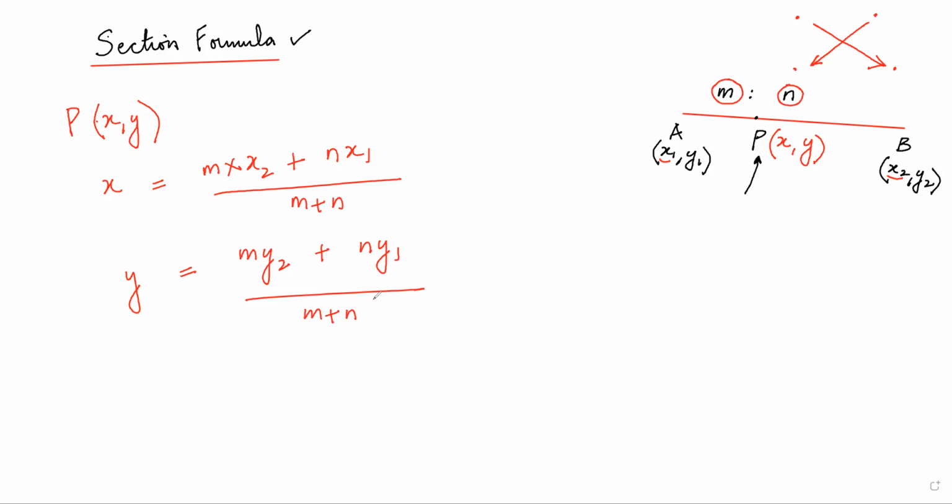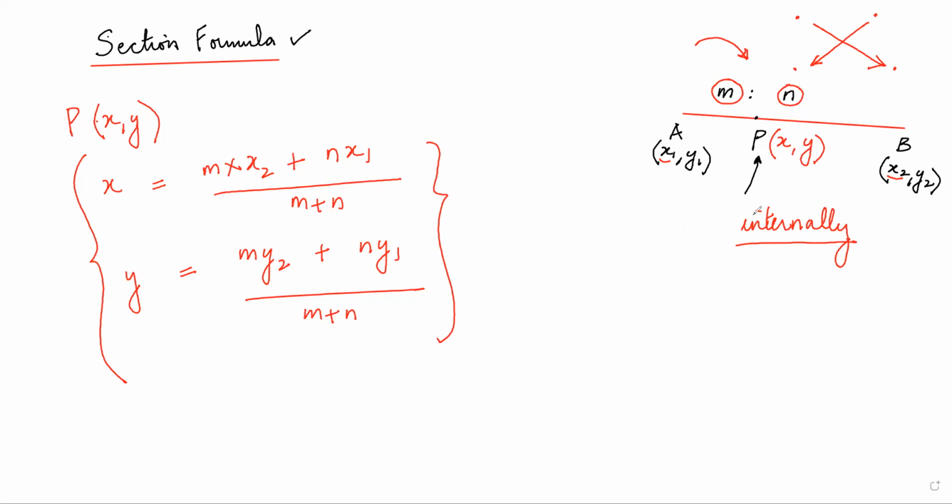See, students, this is all about section formula. The question may be asked to you, directly using section formula, find the coordinates of point P, or coordinates of point P are given. You may be asked to find out the ratio in which this point is dividing line AB. It is very important to understand, students, this point is dividing the line internally. Point P can divide a line externally also. That is altogether a different game. So it's important that internally must be mentioned.